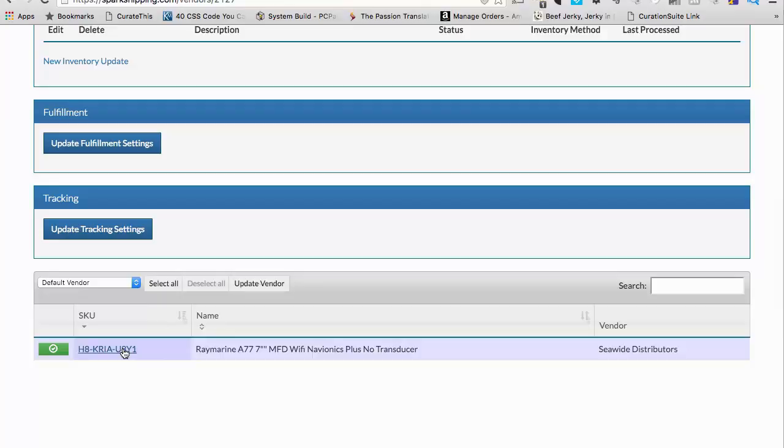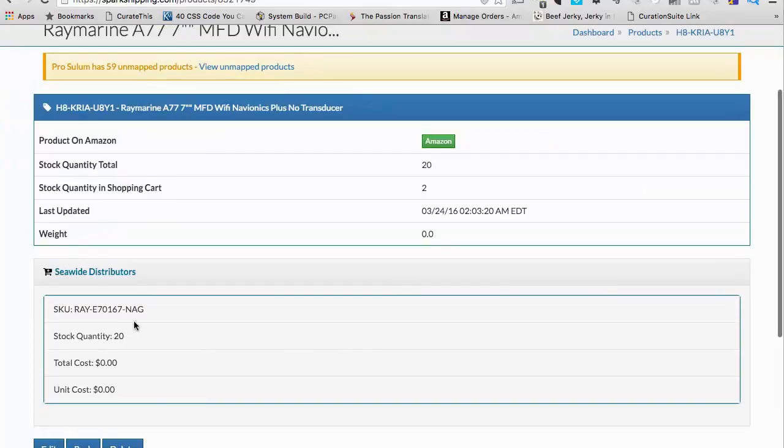So now anytime someone buys this particular product, it's going to send an email to our distributor for the vendor SKU that we gave it. So pretty cool. I think it's pretty cool. All right. And if this were a bundle, it would be a bundle. But generally, that is how you are going to